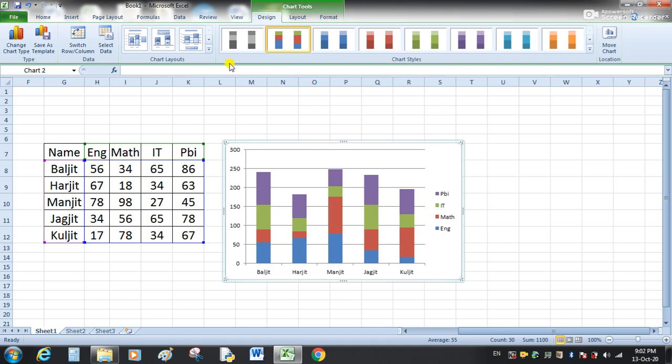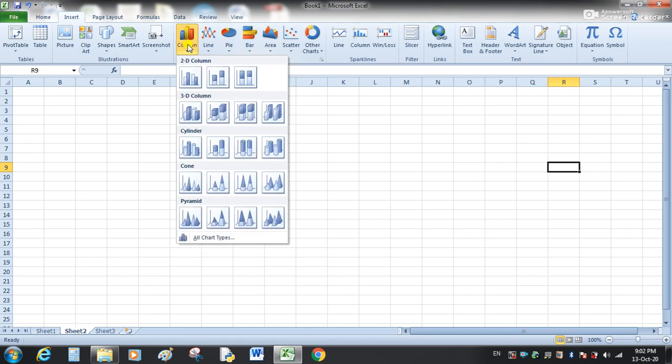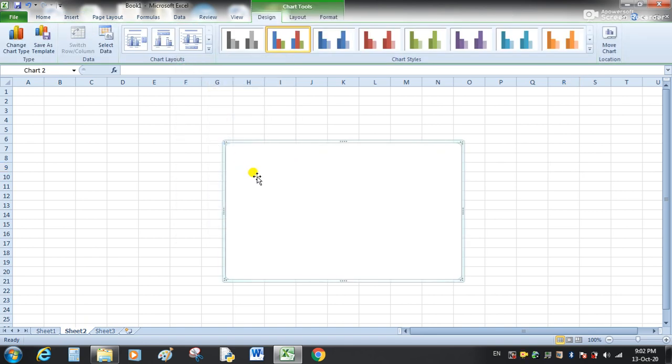If we want to create the chart on a different sheet, on sheet number 2 for example, go to the insert tab and select the chart. From the design tab you can see this chart is empty. Why is this chart empty? Because we have not selected the data source of the chart.